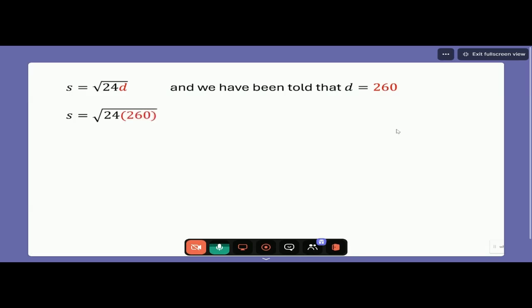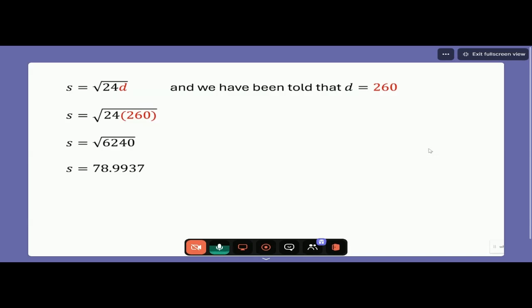And you can see in this case that the bracket is relevant, because if we didn't put the bracket there, it would just say 24260, which of course is not correct. It's 24 times 260, right? So this is why we use those brackets when we sub in. Let's pick up the calculator and multiply 24 times 260. You should get 6,240. And then use your square root button again, whether you just hit the root once the 6240 is on the screen, which is how some calculators work, or, on other calculators, you have to hit the root and then type that 6240 back in. Either way, you should get